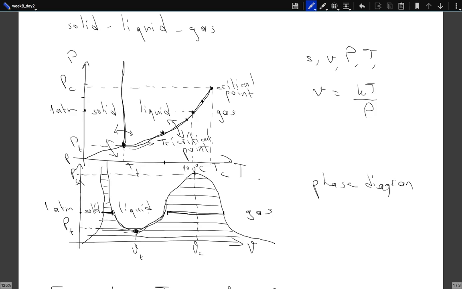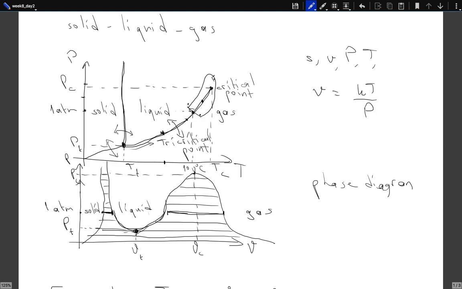As you said, if you want to go from this point to this point, you can go along this line in which you will have a phase transition, or first order phase transition, where at least some of the thermodynamic properties will change discontinuously. Or you can also go along this line, where everything will change continuously. That's all fine. The change in the energy of your system will be the same. But the work that you have to do, the heat that you have to provide to the system, etc., will all be different for different paths.